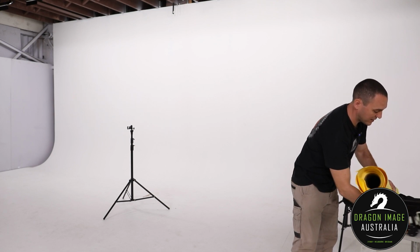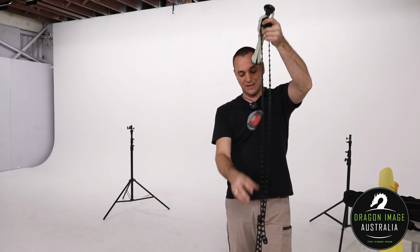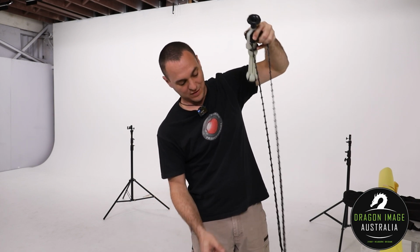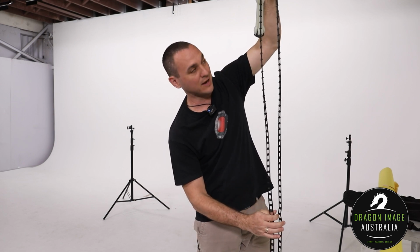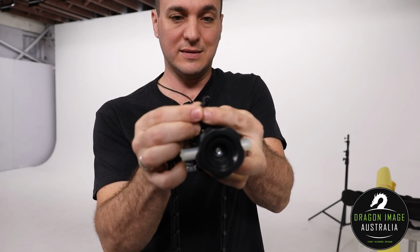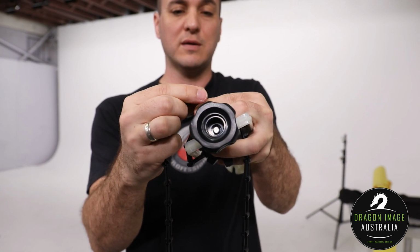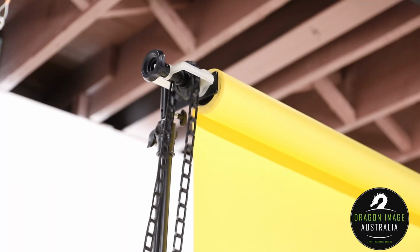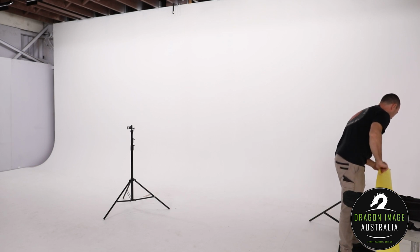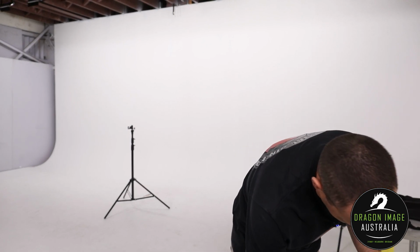This chain can get a little bit kind of knotted and stuff like that. You can see that here we've already kind of got a knotted system. When packing it up, you can get used to it and work out exactly how to unknot it. But also, this here, they detach, which means that if you ever come across a broken one or you snap something, you can remove it and redo it. Occasionally you'll find that your paper does tend to travel a little bit in transit,